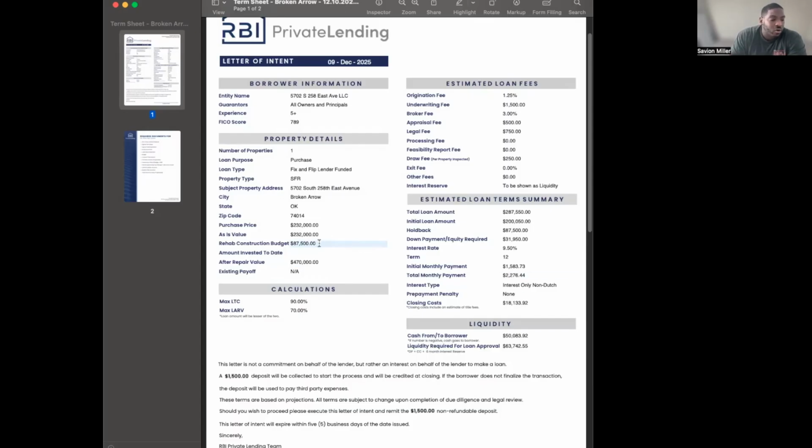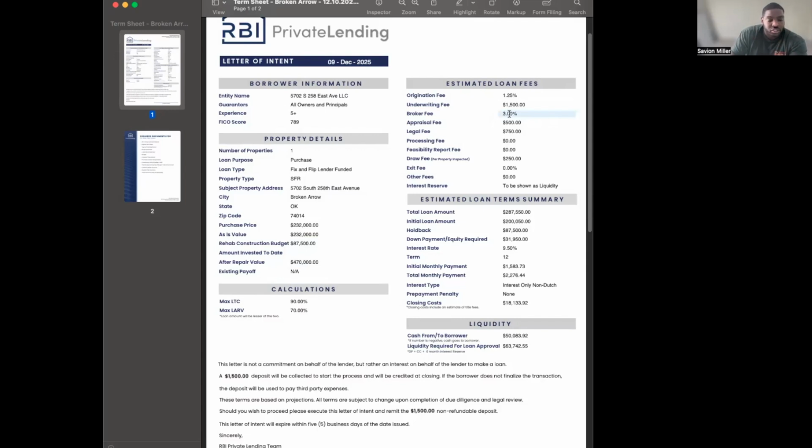You're not paying on the whole $87,500. So that's interest-only, non-Dutch, and you're only paying interest on what you use. This is all estimated outside of what the origination is going to be, so no need to take this super seriously, but they have an estimate for legal, appraisal, the broker